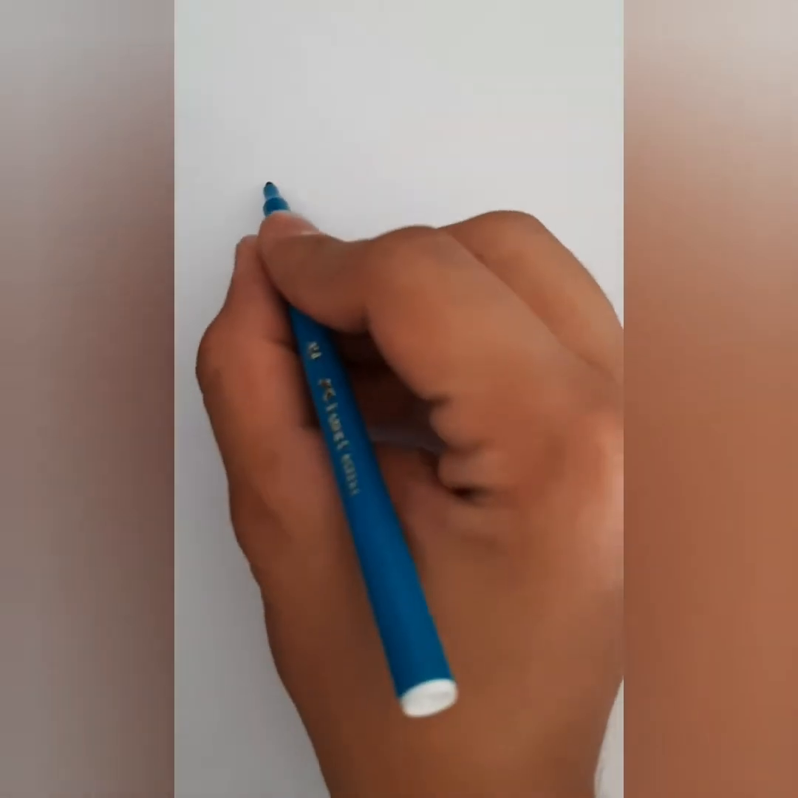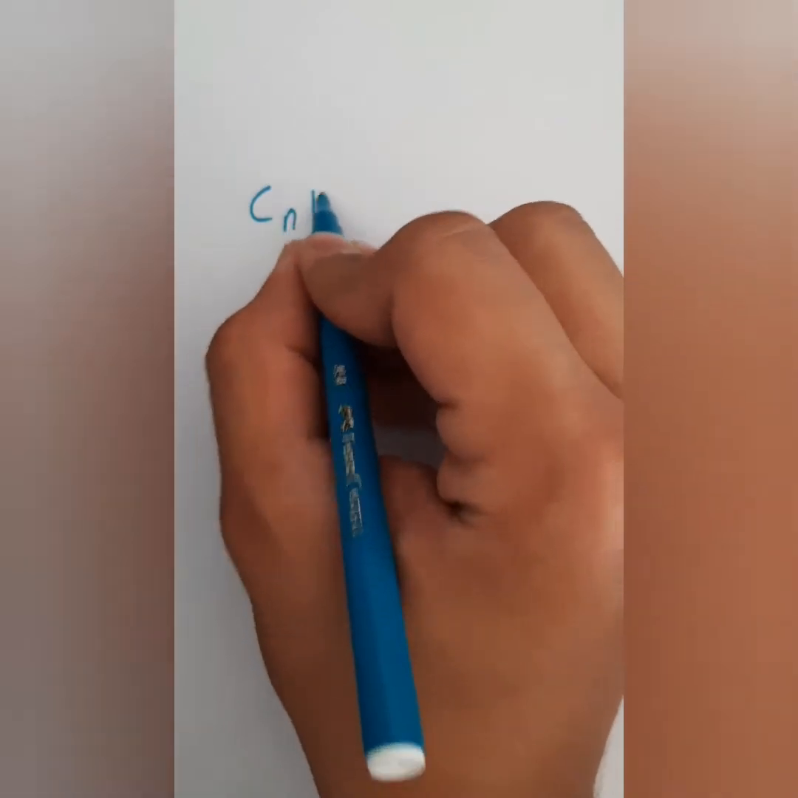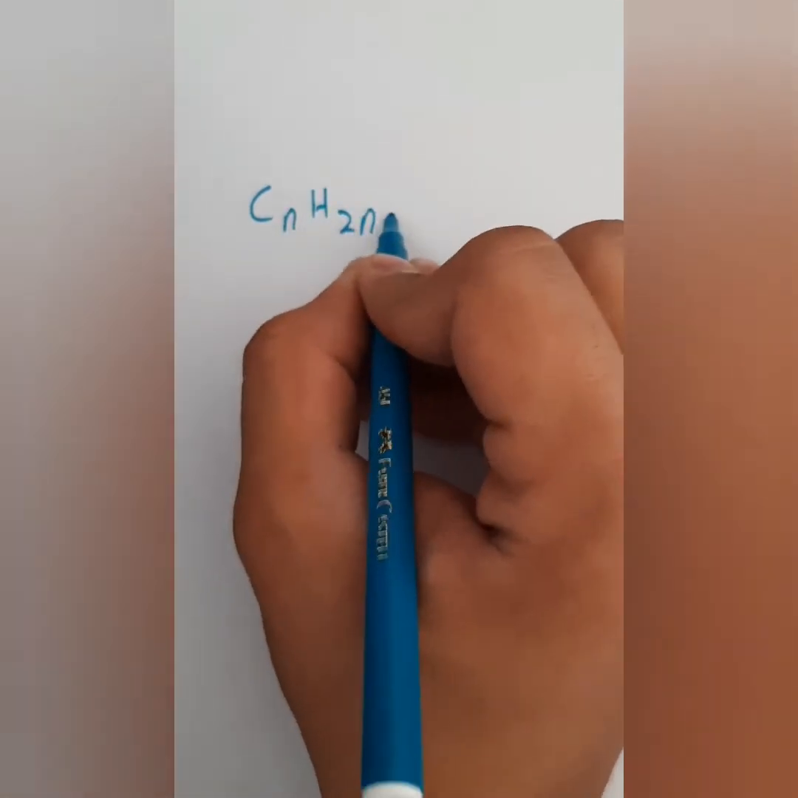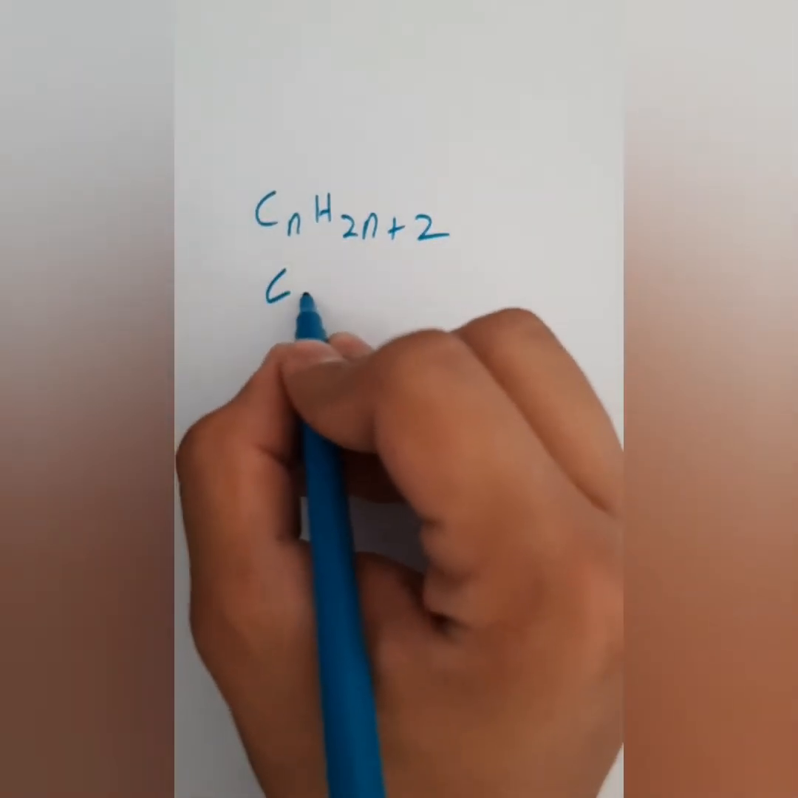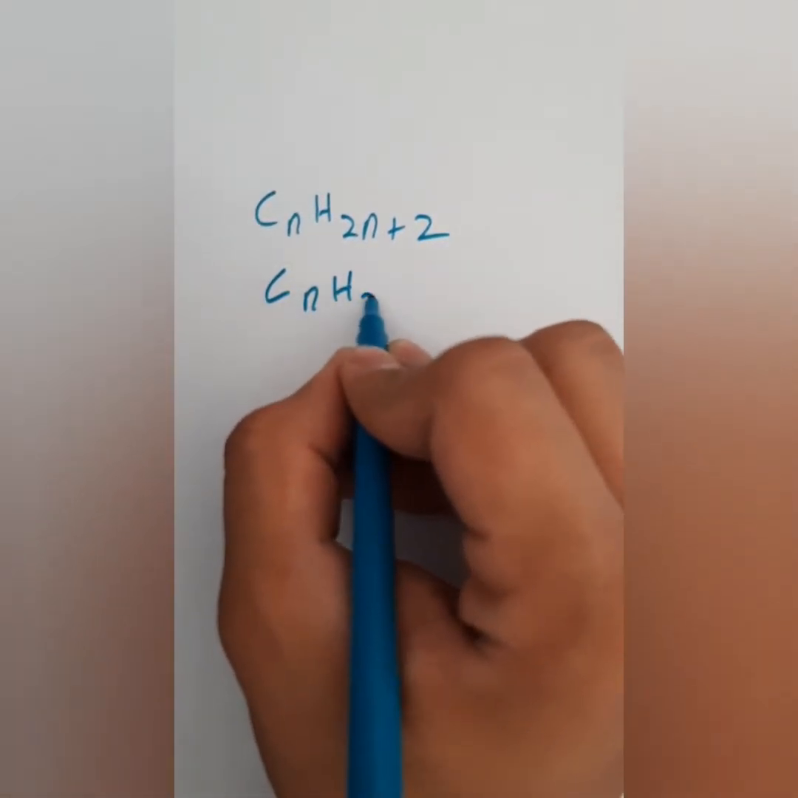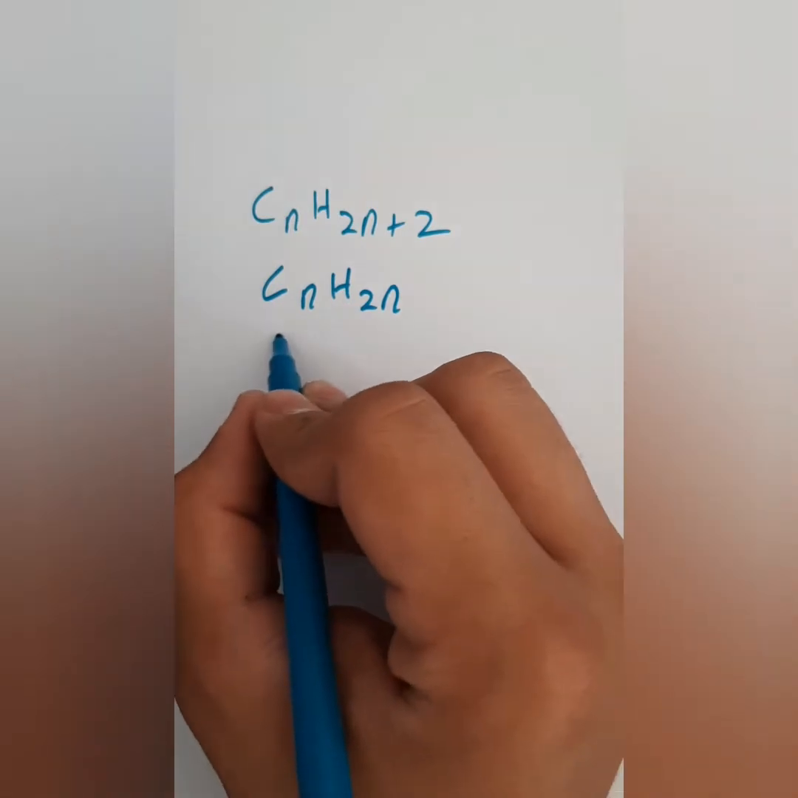Hey guys, in this video I'm going to show you how to represent alkanes, alkenes and alkynes in one general formula. So in class 10th we have learned that the general formula for alkanes is CnH2n plus 2, and for alkenes it is CnH2n, and for alkynes we have